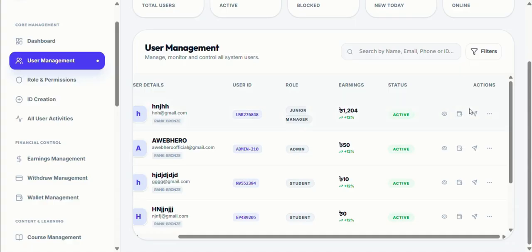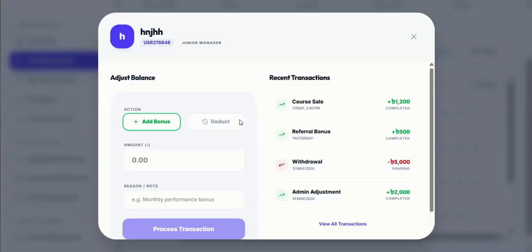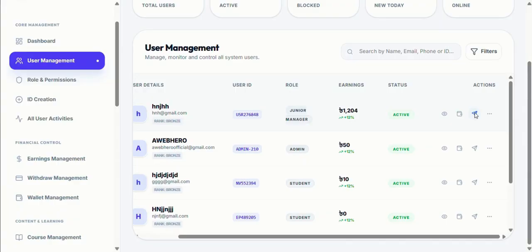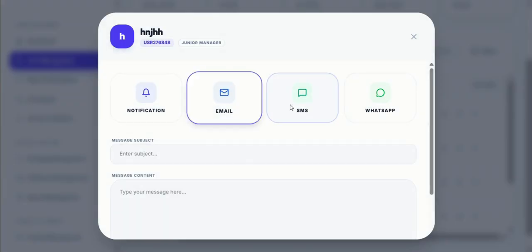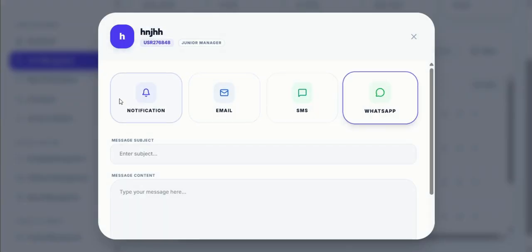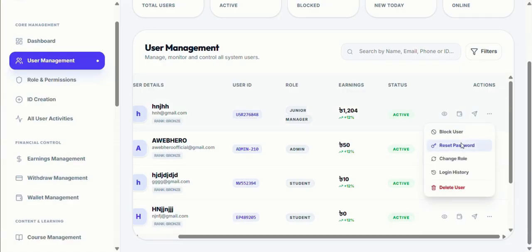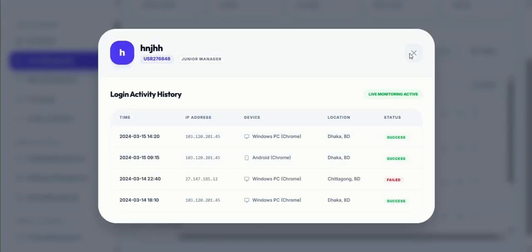User management. One of the most powerful features is the user management system, where all user data, roles, status, and activities can be controlled easily. Admin power. Admins can block users, reset passwords, change roles, and monitor login history, all from one place. Full Control Center. This admin control center gives complete control over the entire